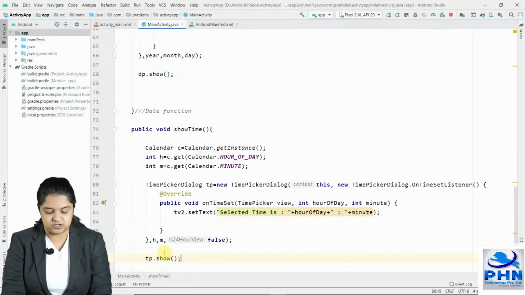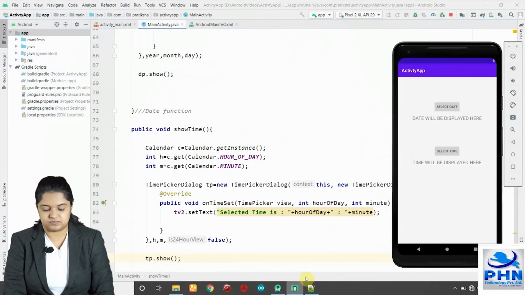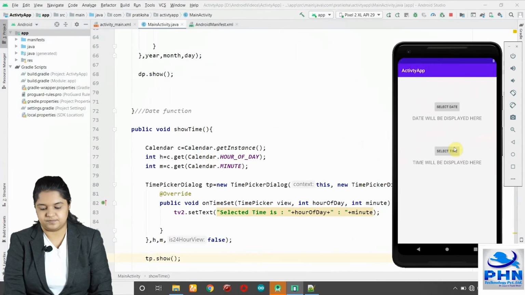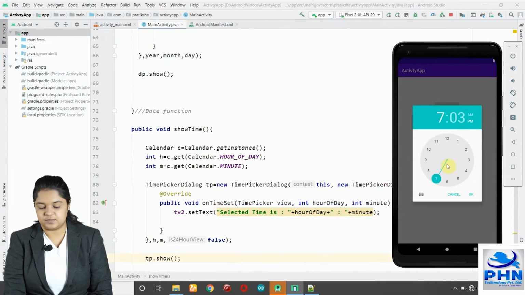So tp dot show. Let's run this program. It is installing. Yeah, installed. Select time. So as you can see, current time is shown. And as we have selected 24-hour view false, it is showing the 12-hour view.